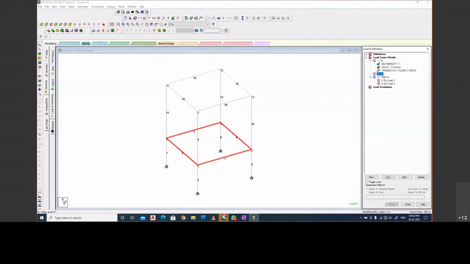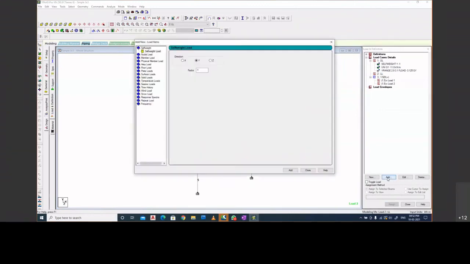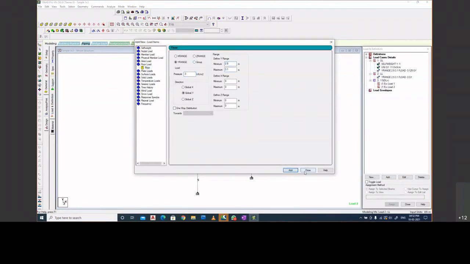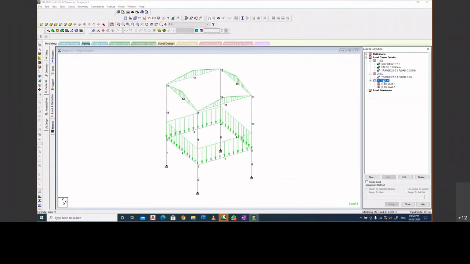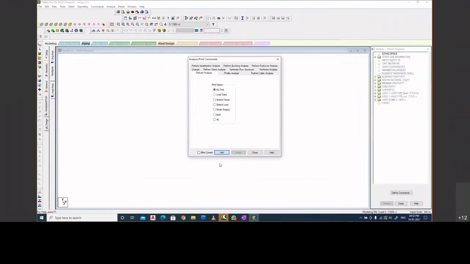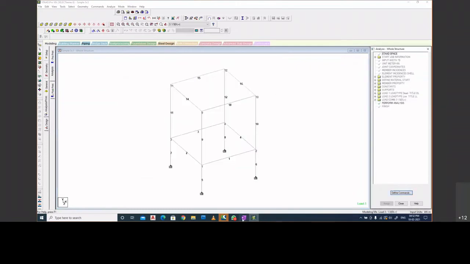Mind well, whichever load case I'm selecting, its color code is converting to blue. Now let me come to live load, add. I have already assigned self-weight, so I do not need to assign it again. I'll come to floor load and add here the live load. I have considered a live load of -3, right? The range would remain same, 2.9 to 3.1. Click on add and click close. The combination is auto-generated. I'll just click on analyze or print and I'll click OK, add. So here we have a command now to perform analysis.